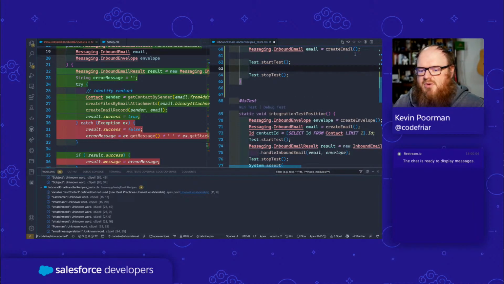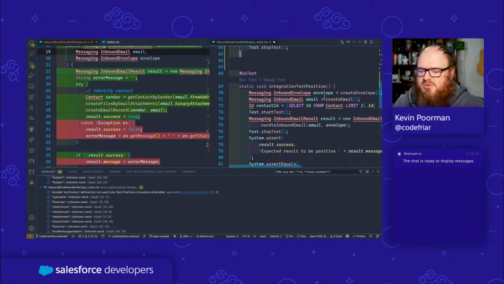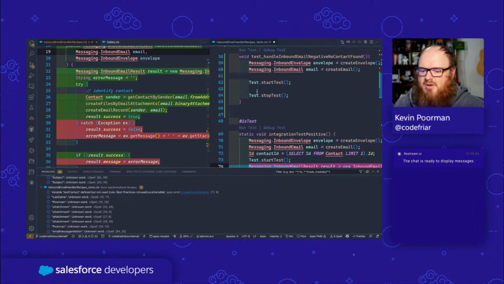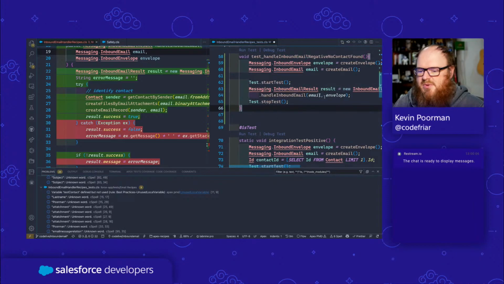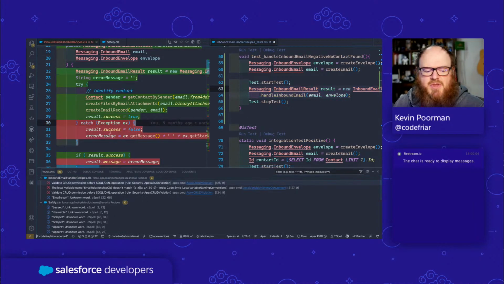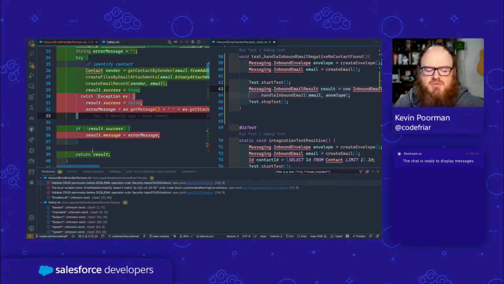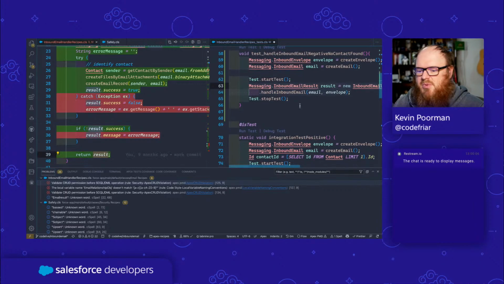I want to call something very similar to this. This is basically what I want to call, but am I going to do it in a try-catch block, or am I just going to assert? Here in our catch, we're catching the exception, setting the error message and returning that result. We're always returning from this, so we're not going to do try-catch, but we are going to assert